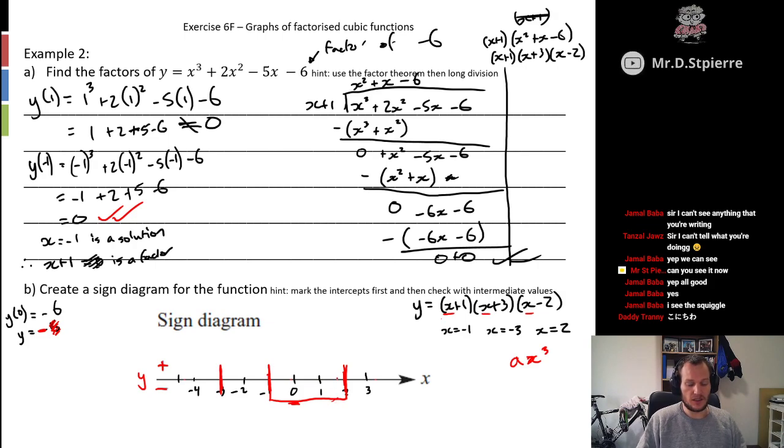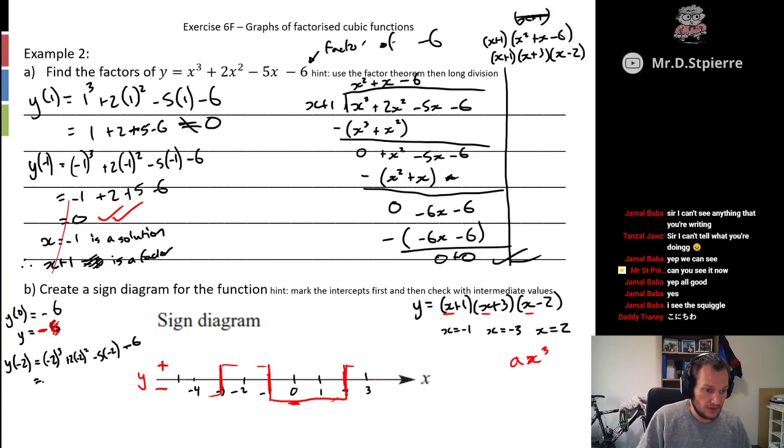So that's that. From here, you can make a reasonable guess that it's going to be across there, across there, and across there. But let's double check. Let's go y of halfway between these two zones, let's go -2. So we get -2 cubed plus 2 times -2 squared minus 5 times -2 minus 6, which is equal to -8 plus 4 plus 10 minus 6, which is equal to 14 minus